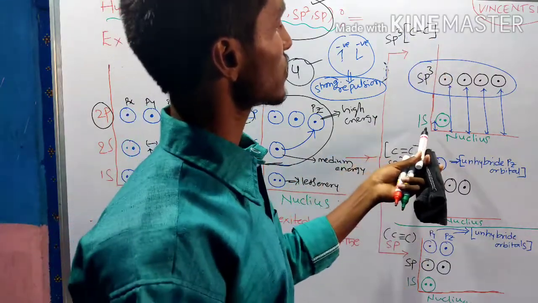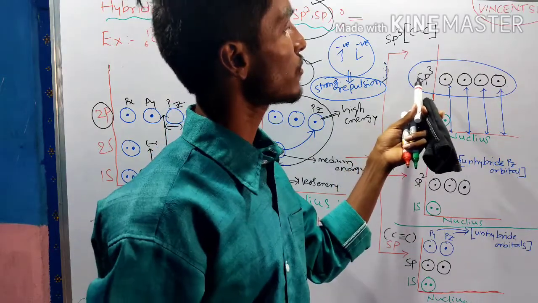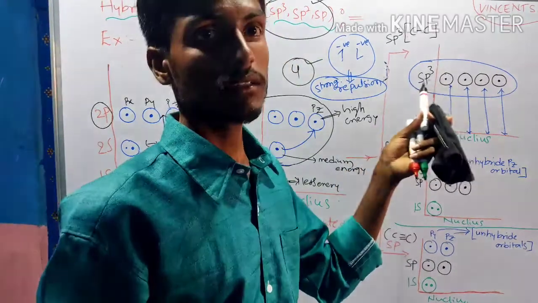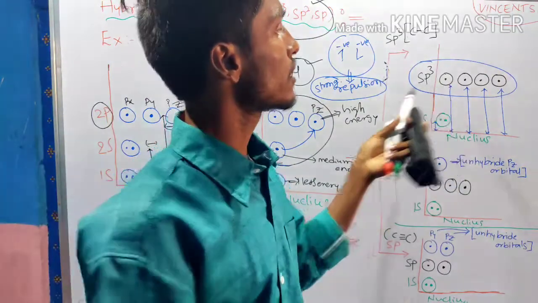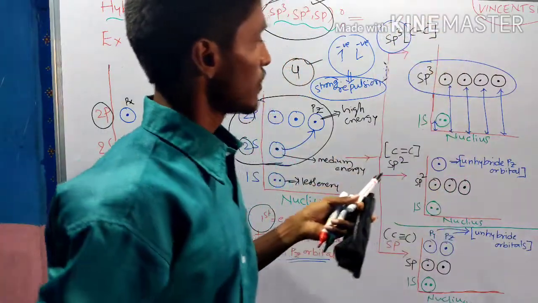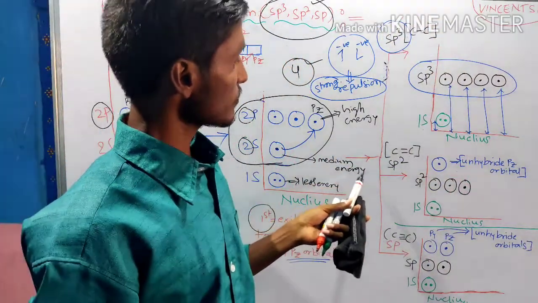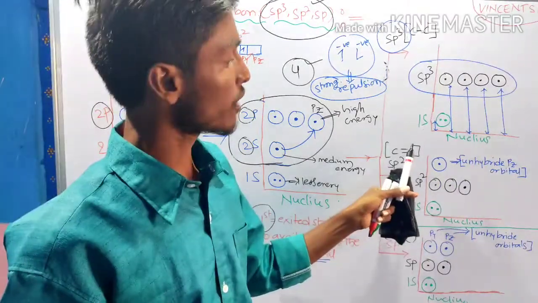How? The 1s orbital will be there, and there is an intermixing of the s orbital with px and py, which leads to sp3 hybridization. Next, when the carbon atom undergoes sp2 hybridization,